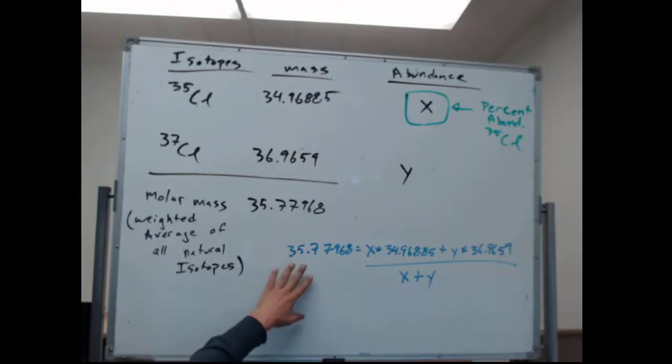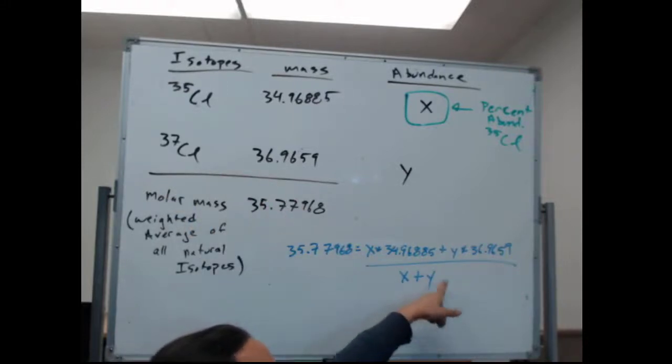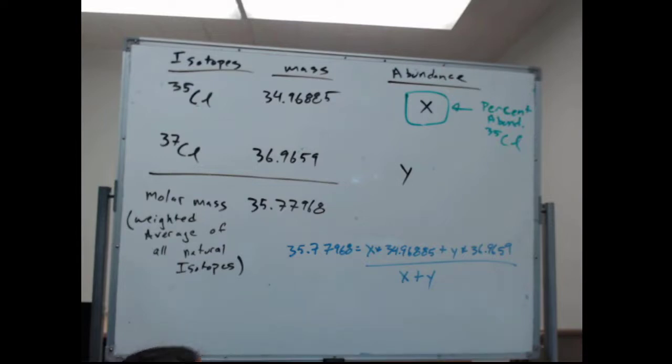So this is what a weighted average of all natural isotopes looks like. If we had something that had 3 natural isotopes, we would have a third thing added on. We'd have X plus Y plus Z, and we'd have another isotope. We could do this for 4 isotopes, 6 isotopes, 20 isotopes, however many isotopes we have. The nice thing is, since this only has 2 isotopes,